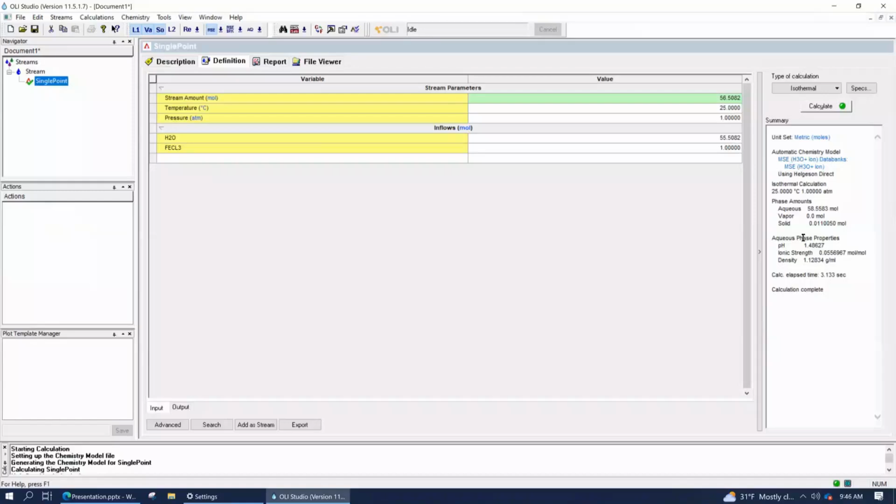And confirm with me that you see the MSE framework here, and that when you calculate, you get a 1.5 pH. Confirmed. Good. And honestly, guys, the difference is, if I remember right, that this one has a crystalline iron hydroxide in the MSE database. I think we have goethite or ferrihydrite in this database, but in the old AQ database, all we had was amorphous iron hydroxide. FeOOH was only in the corrosion and the geochemical database.